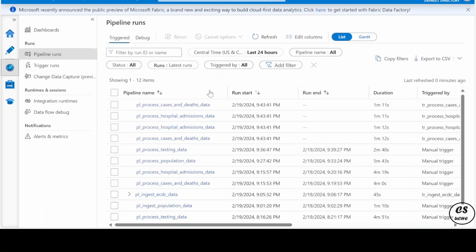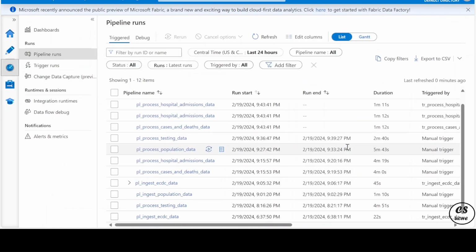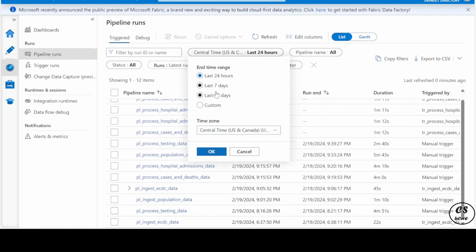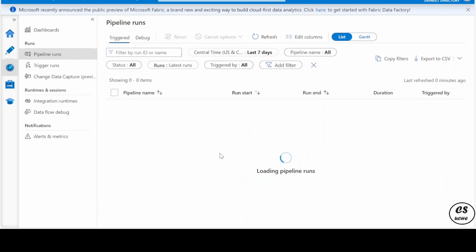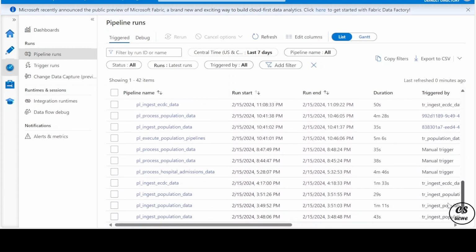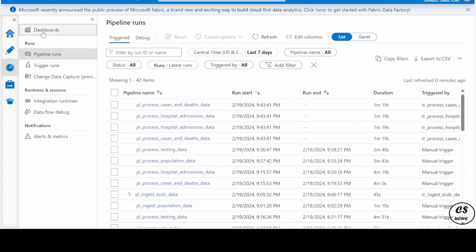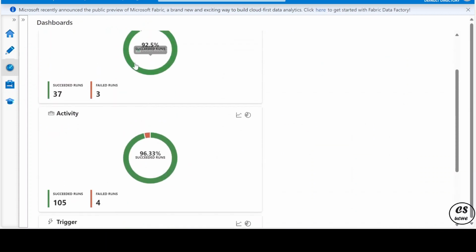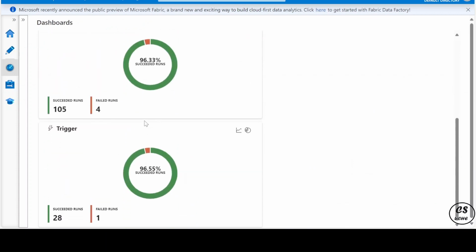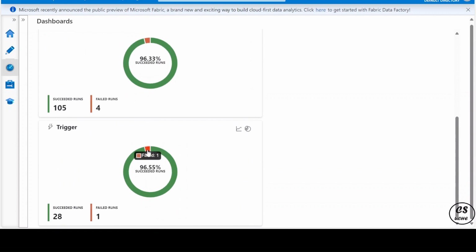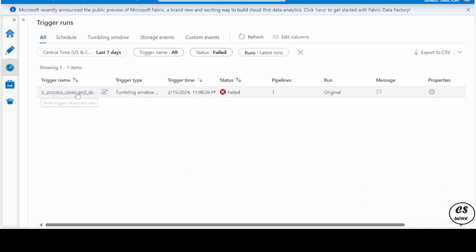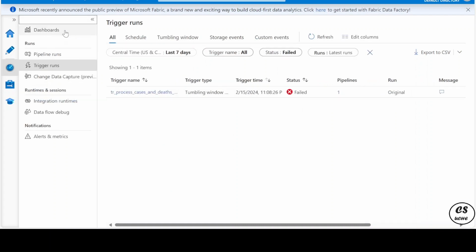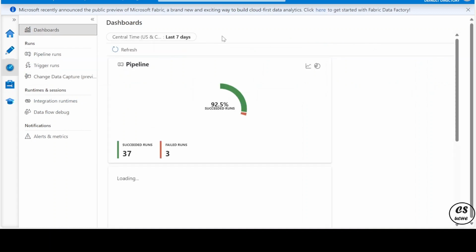Now we have multiple of these pipelines that have been run effectively. And we can take a look at the pipelines that we ran for the past 30 days. We see we have a lot of pipelines in here. We can take a look at the dashboard to see the pipelines that have succeeded, the activities we ran, and the triggers we ran. We do have here that we have some pipelines that failed, which is really good because we want to be able to see when a pipeline fails or not. And that is it for this